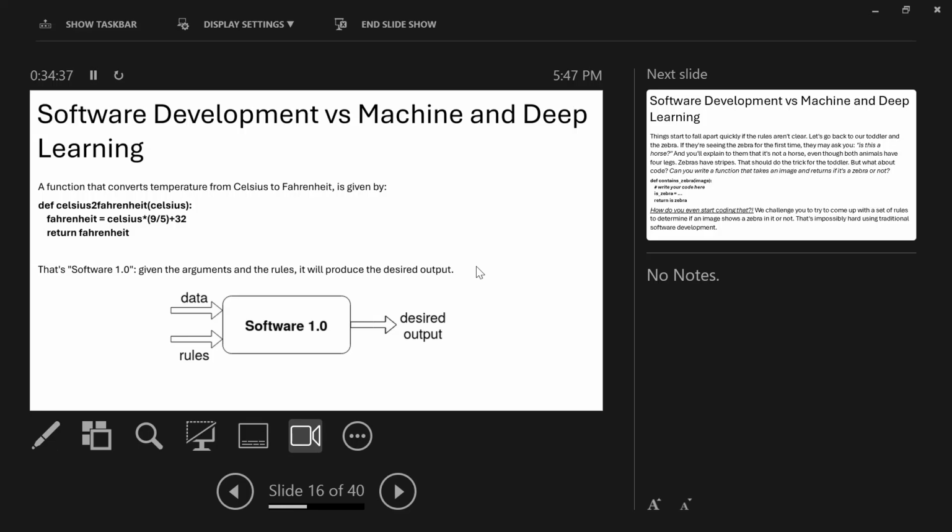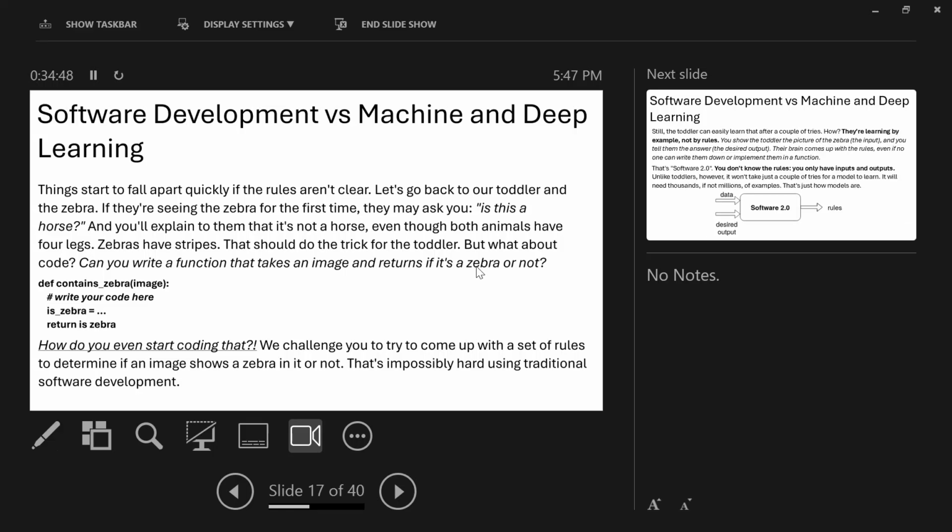But machine learning is different from software development and traditional programming, because machine learning makes predictions, and it can also detect.